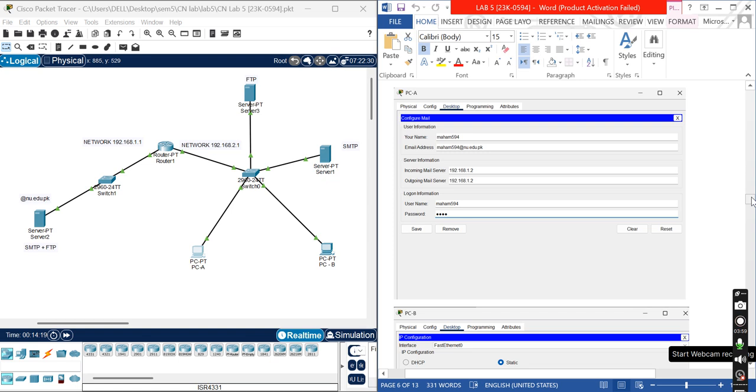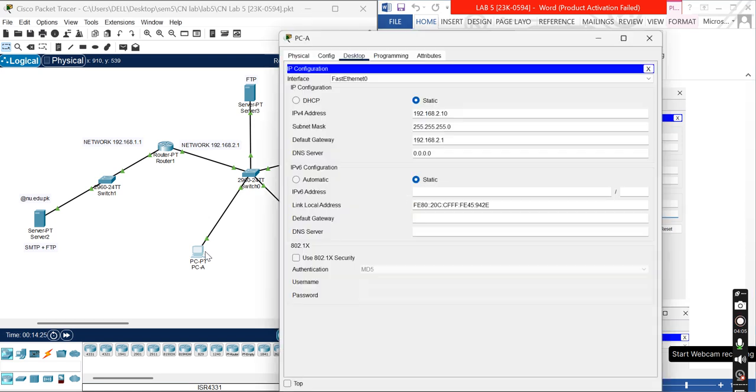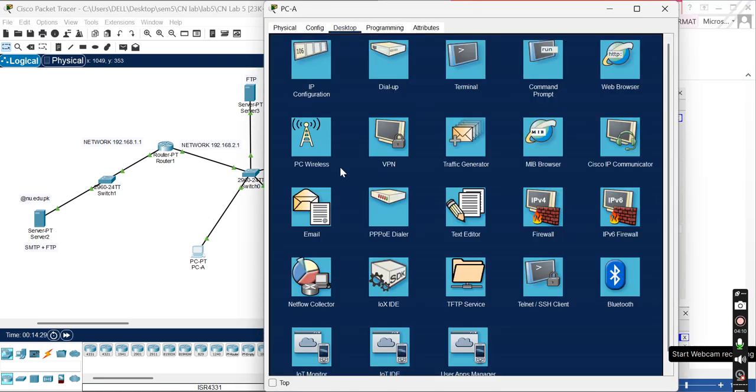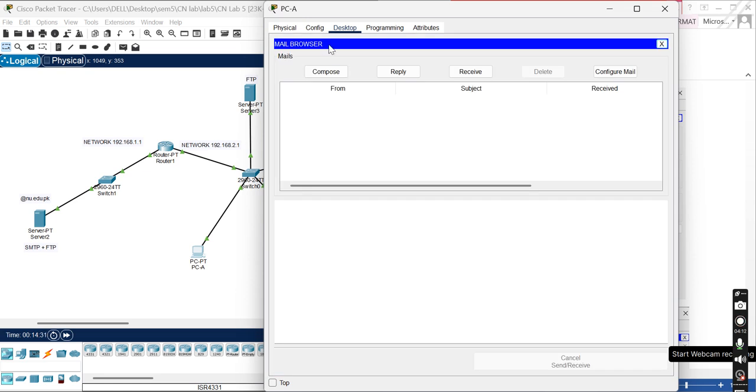So yes, these are the steps for sending a mail. First we have to configure the mail onto our PCs. So for this we'll be going on to our email and configure part.